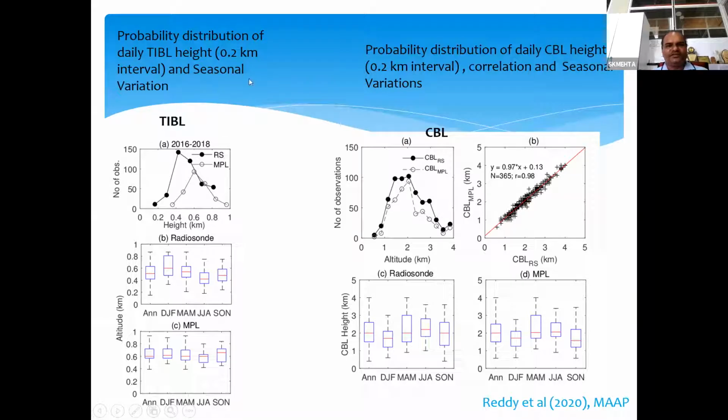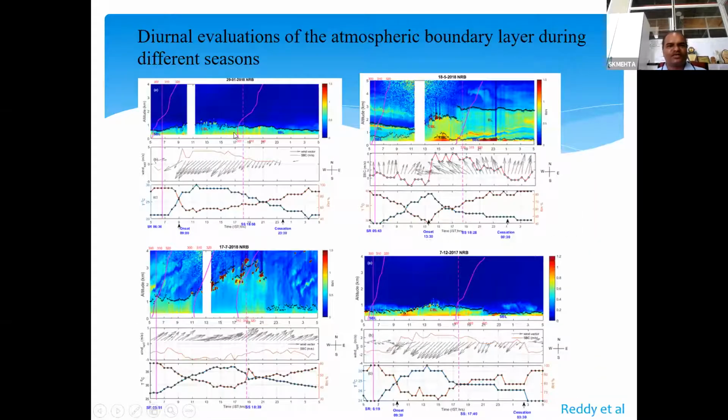Now I show the typical case for the diurnal evolution during different seasons. Already we have seen some of the typical examples. During the winter season, the ABL is low, meaning the depth of the ABL is lower, and during the summer season it is higher. During winter we have more stable conditions, and during the pre-monsoon season, March, April, May,